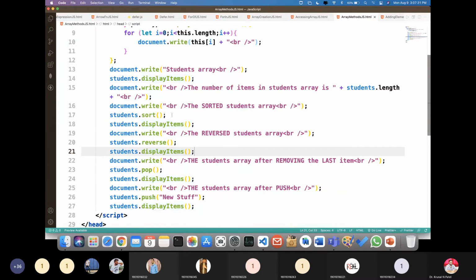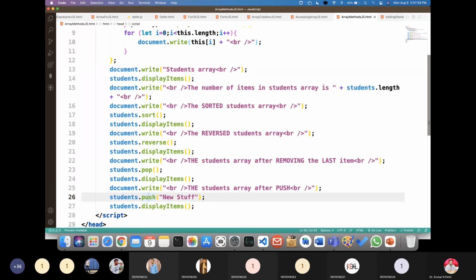So what happens over here? The names of students will be sorted first, and with the use of display items, they will be displayed. The names of the students will be reversed and displayed. Similarly, it will pop the items, showing the students array after removing the last item, and push, showing the students array after pushing the items, so the new stuff will be added.